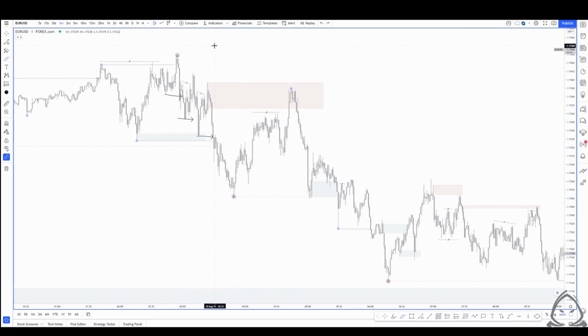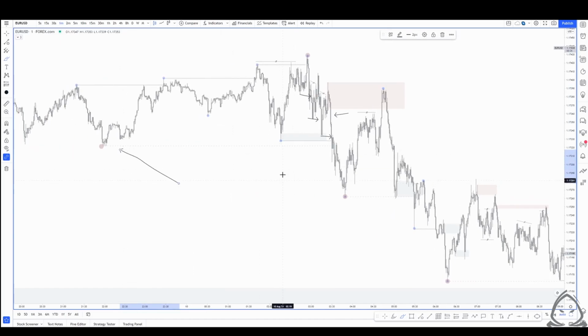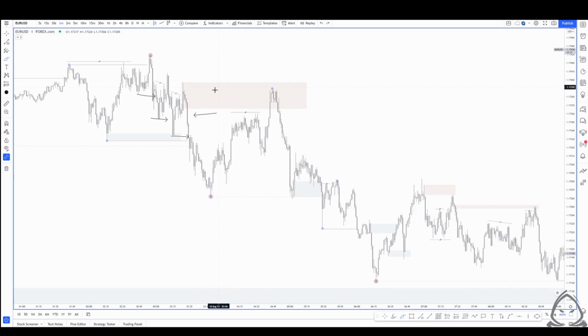And then we now have broken real structure, a lot of structure. And if we're just factoring in, this is where it comes to thinking critically about the moves, as well as this move that has broken all of this structure, taking out the 15-minute swing structure, the 1 minute swing structure, and some of this minor structure. We can see that that move is a lot bigger and more powerful than all of this mess in here. So it gives us a little bit better or stronger indication that this is probably going to be a respected